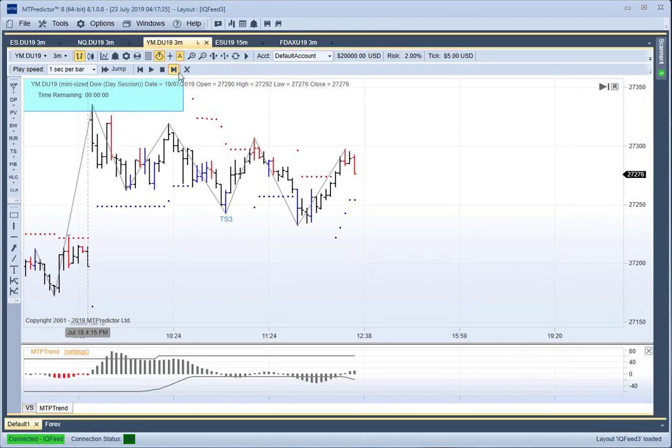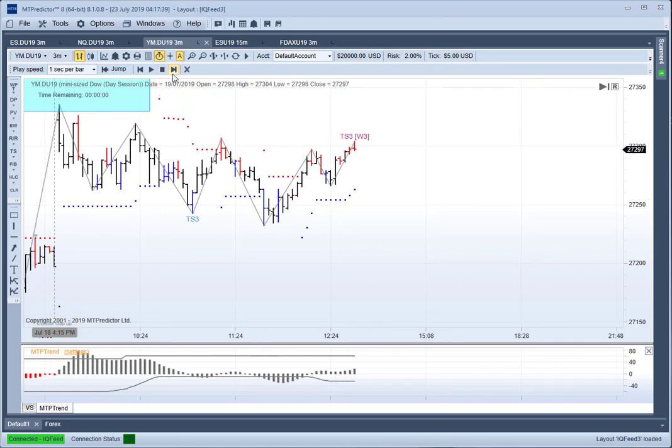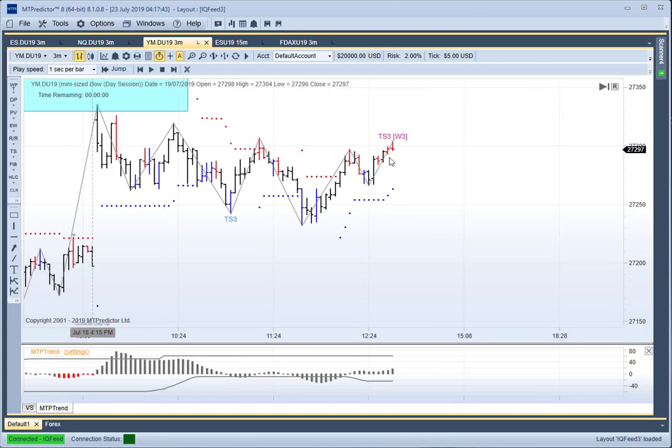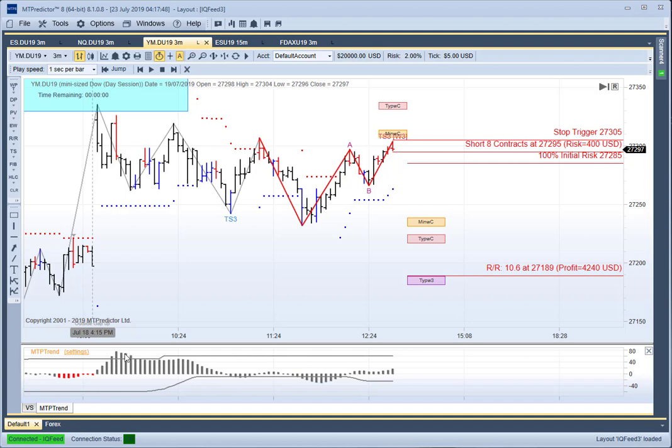Should we go forward? We're still waiting. We're anticipating short trades. Suddenly you get a TS3, W3 or Wave 3 trade setup. If you right mouse click over the red cell bar, this looks to be a very good trade setup. Remember, we use position sizing to keep your initial risks small and under control. So if you're using 2% of a $20,000 account, it would mean 8 contracts. If you're using a slightly smaller account, obviously that's adjusted accordingly within the software. But that looks to be a good trade setup.